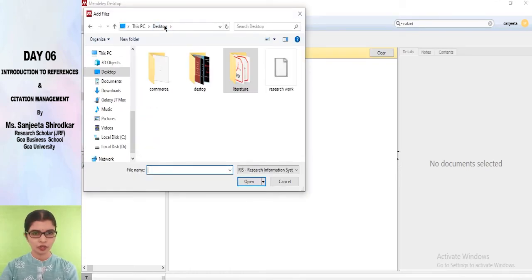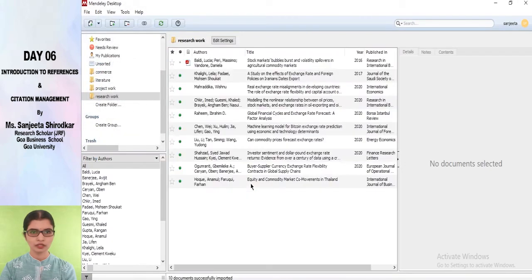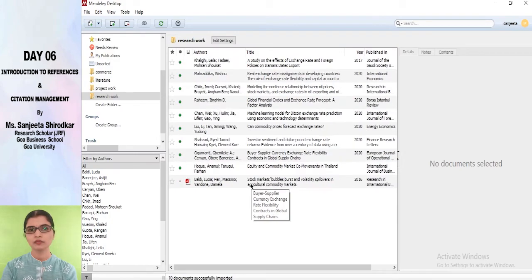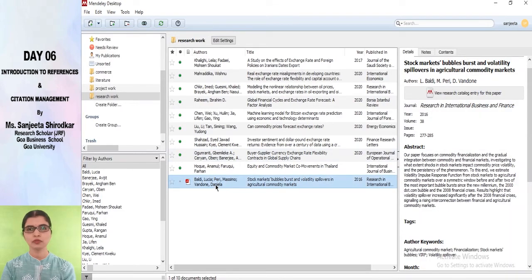That is your desktop. Now in desktop, here is the file. Because you have chosen RIS, it is only going to recognize the RIS files with that extension. Just click open, and here all the files have been brought in, and even in one of the cases I could see that a PDF was available, so that has also been exported. So this is how you could bring in your references from Zotero to Mendeley.